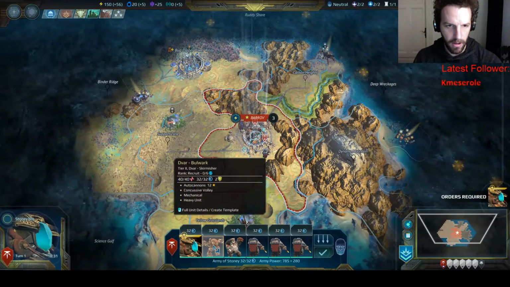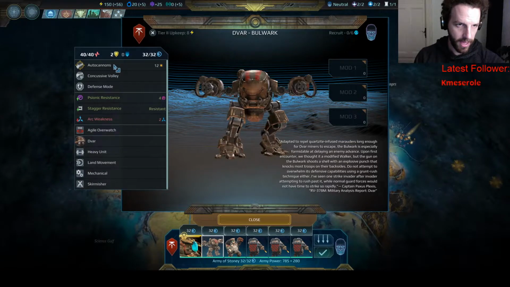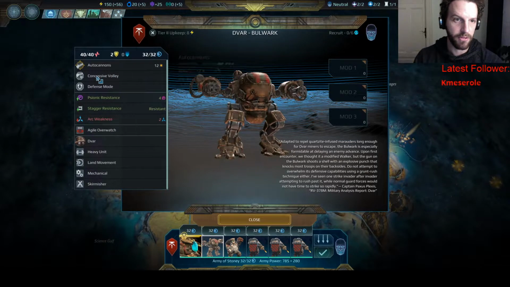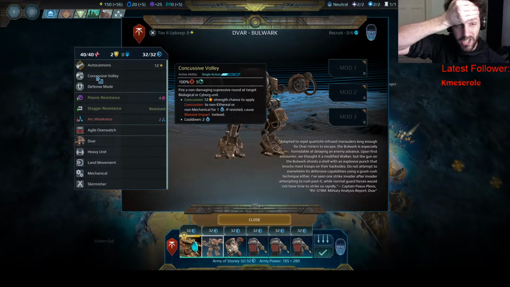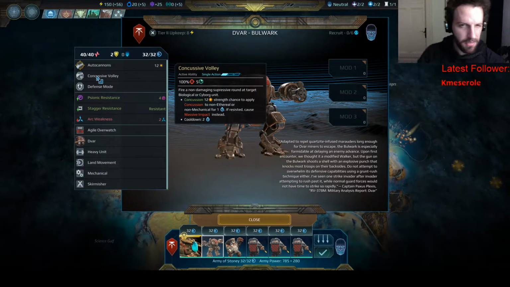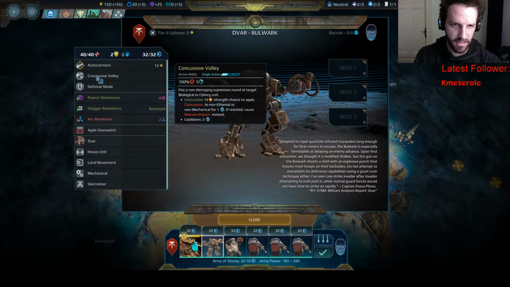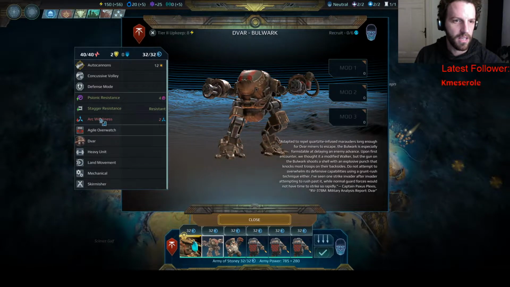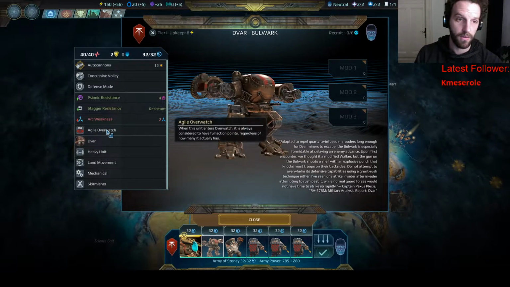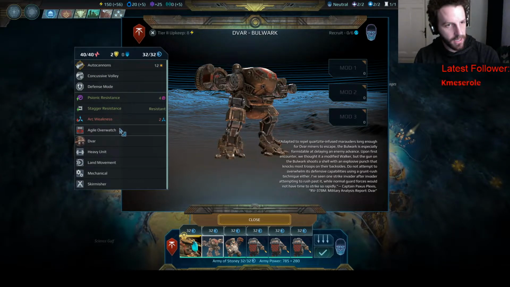We do start off with a bulwark, which is pretty cool. We got some auto cannons, just basic damage. Repeating, range 7 is not bad. Concussive volley, we can do concussion, which reduces action points. Not really sure, maybe even stun. I mean, causes massive impact. Has defensive mode. Sonic resistance, weak against arc. Agile overwatch, it's pretty good. Full action point, so it can shoot all 3 of its guns no matter how much it moves, and it